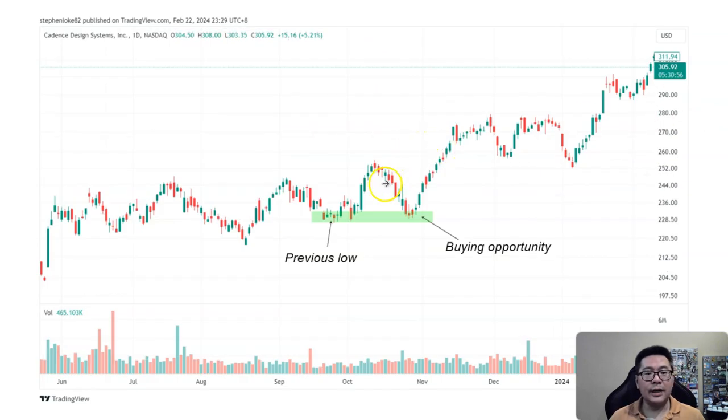Now here's an example, Cadence Design Systems. The stock trades sideways, but there's a previous low here, and then it went up and quickly corrected. As it corrected to the previous low area, it formed a doji pattern right after a very large Japanese candle bar. It formed a doji pattern, and then a smaller red bar, and then another doji. Well, this tells us that bearish momentum is slowing down, and you might want to look for the beginnings of a bounce back up. Zoom into the lower time frame, and maybe you can buy above this doji, put a stop loss here,